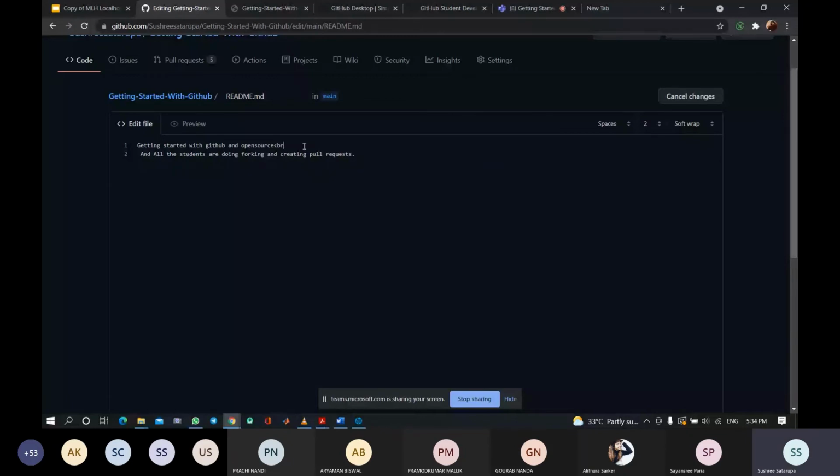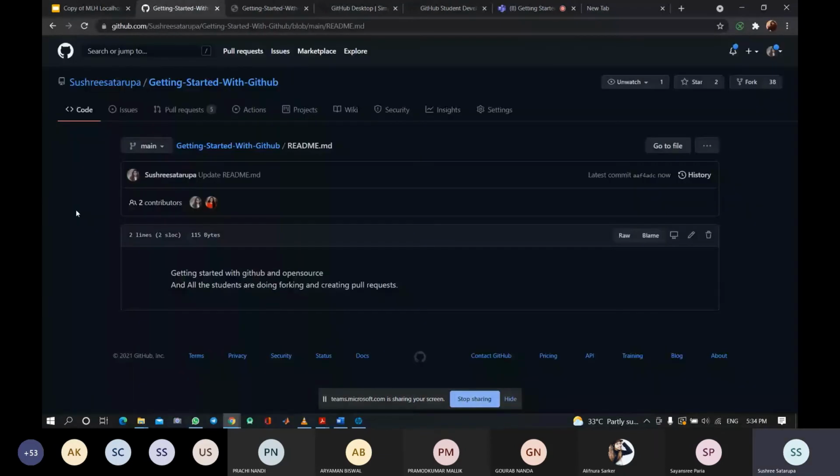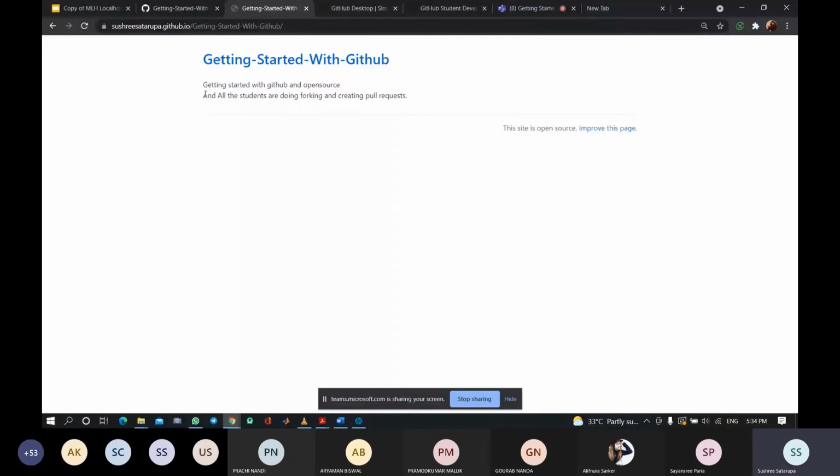It may take more time because it takes 30 to 40 seconds to reload the page. Yeah, you can see it has been updated in real time, and all the students are doing forking and creating pull requests. So this is how you can launch your own website by using the README and GitHub Pages.